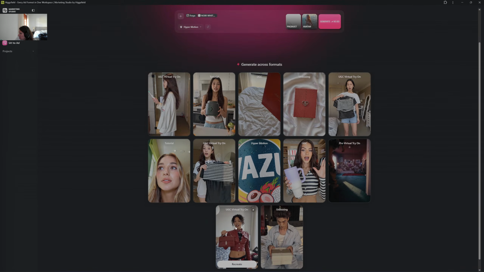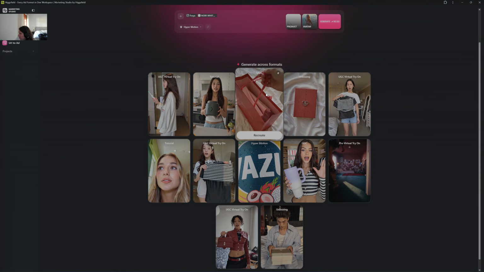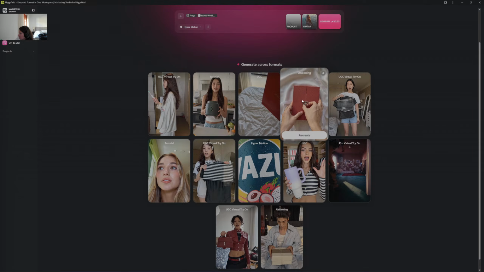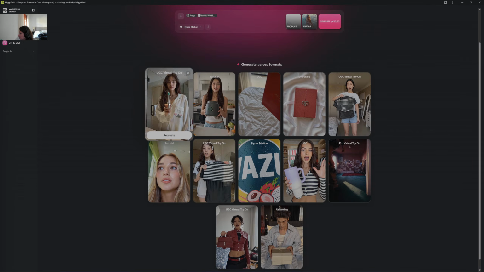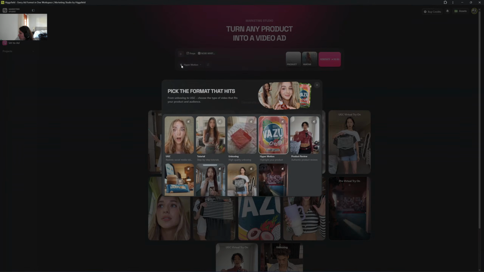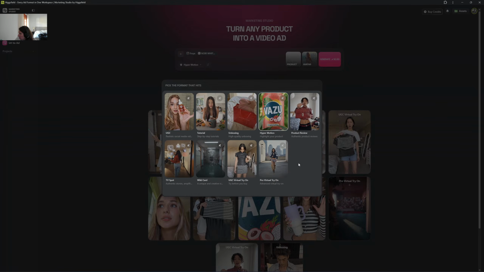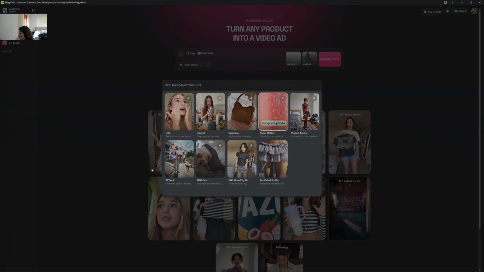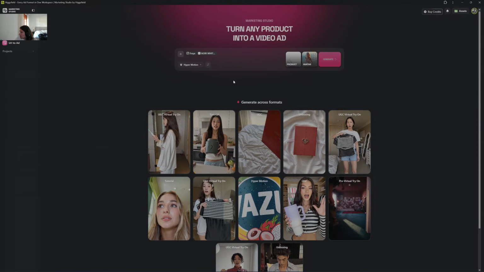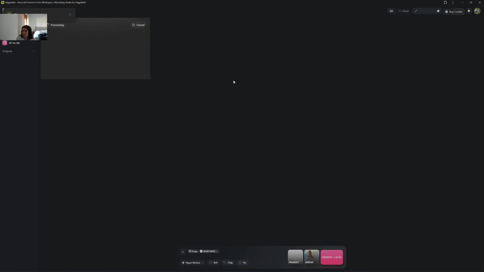We did the tutorial. We're gonna do try on. We got the unboxing, which turned out really good. We got the hypermotion, got the product review, and we got the Pro Virtual Try On, the UGC Virtual Try On, the wild card. So we're gonna try out this one. Now this is like highlighting a lot of the other types of things, but these really look really good. Same thing, it's just zooming in now on the product.